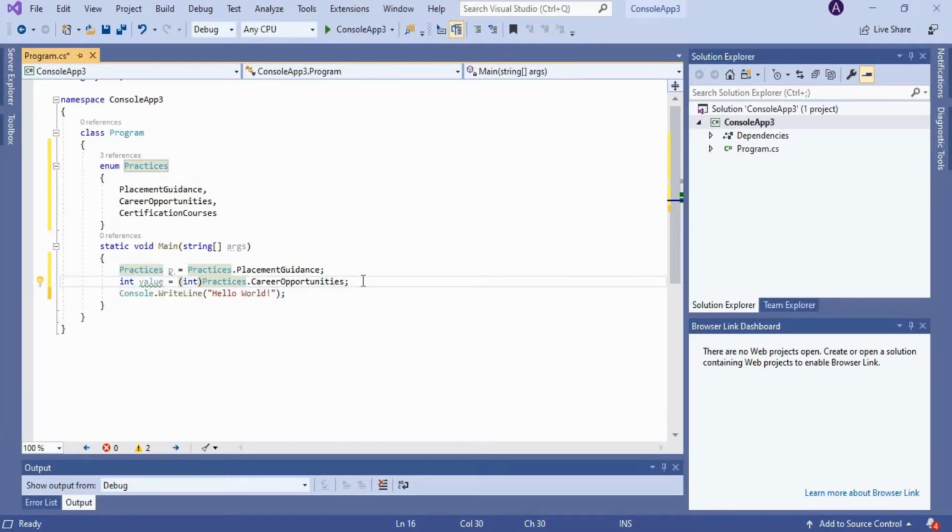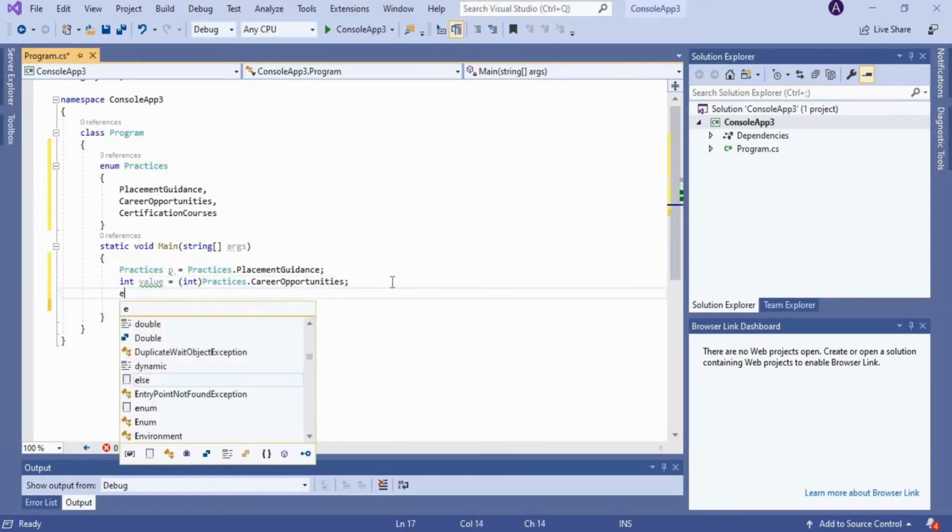One more thing to note about your enumeration is that the starting index value of your enumeration is 0. For example, here int value is equal to practices dot career opportunities. At this instant, the value variable will be 1. So let us print and examine it, right?